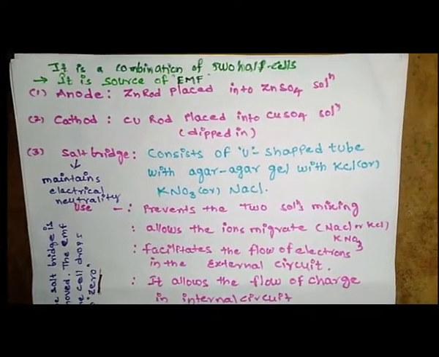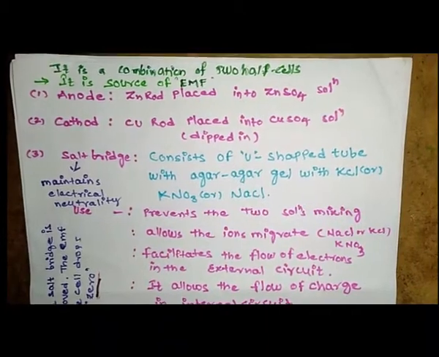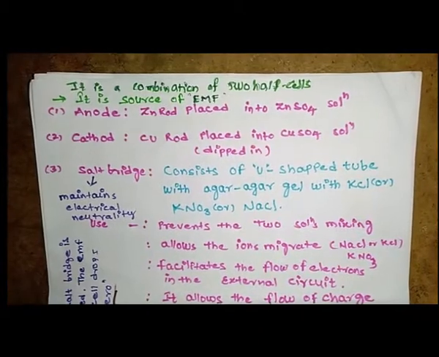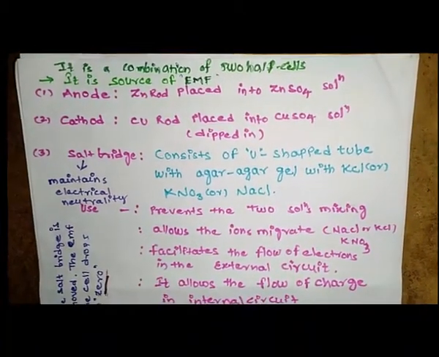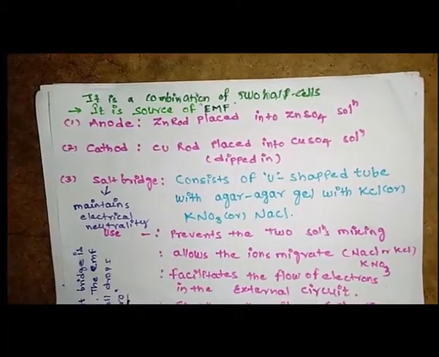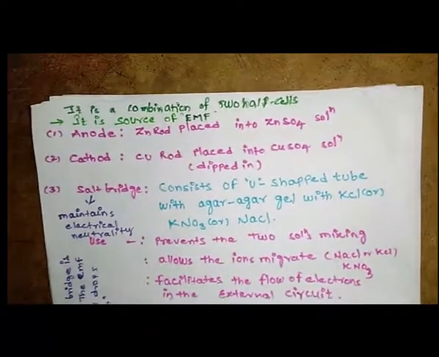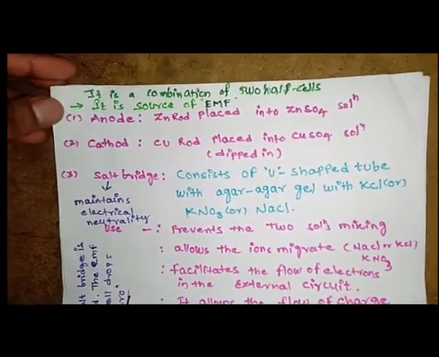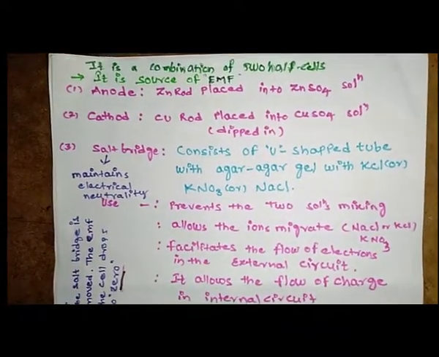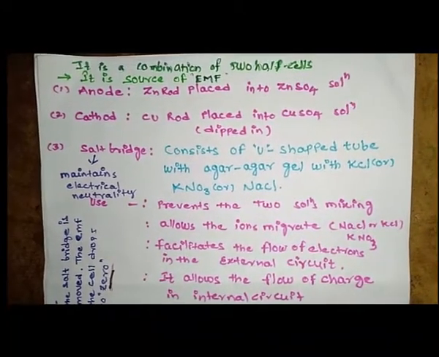I hope you understand before class: electrochemical cell, deposition of cations and anions on the electrodes. Next, Faraday's first law and Faraday's second law. I go to the next topic, electrochemical cell. In that one, galvanic cell or voltaic cell. So I will try to explain briefly that galvanic cell.